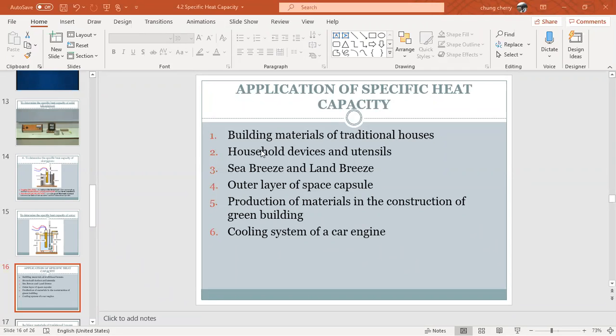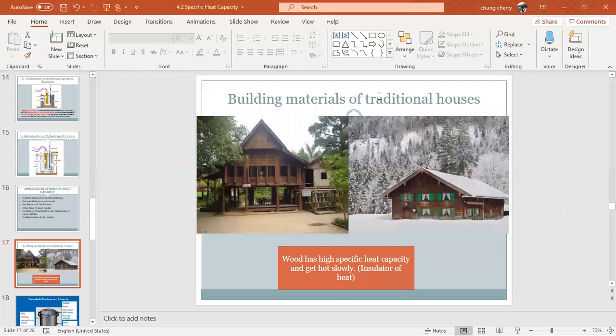So now I will explain it one by one. How do these 6 examples apply specific heat capacity? The first one is building material of the traditional house. So, rumah Melayu in old times, zaman dahulu, and also some of the